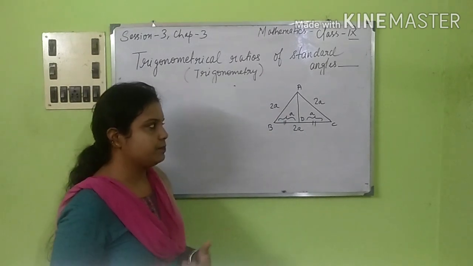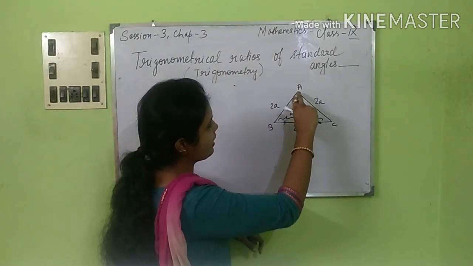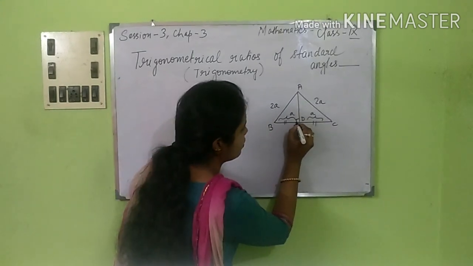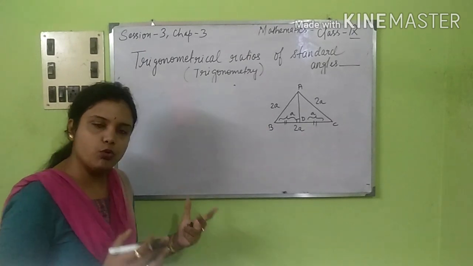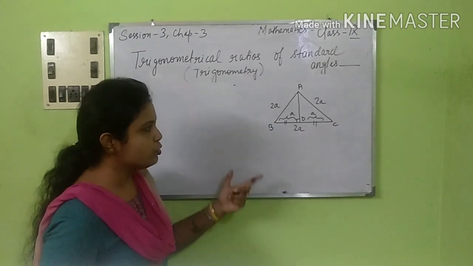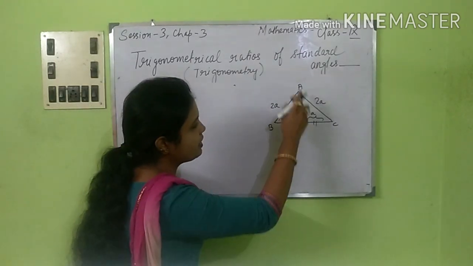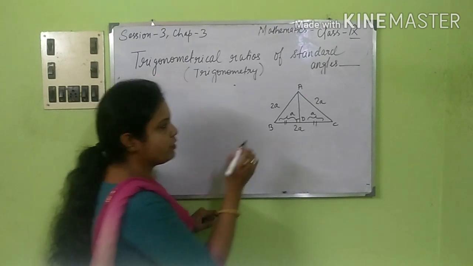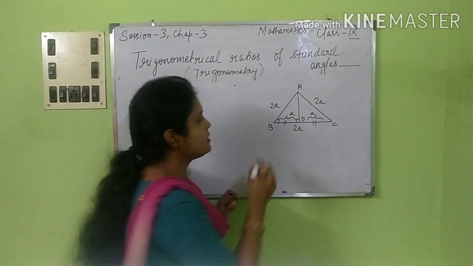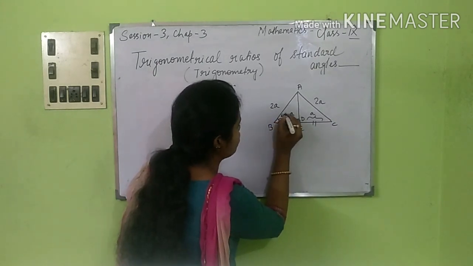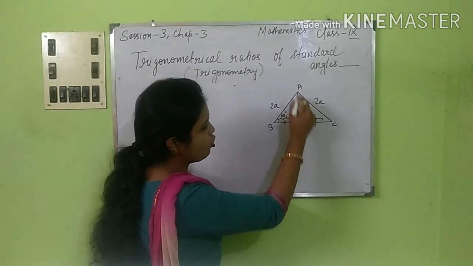Now, using the Pythagoras theorem, we can calculate the value of AD, since that is the perpendicular. For trigonometry, we know that we need a right angle triangle. So obviously we need the right angle triangle, and you can take either ABD or ACD. And these angles, as you know for an equilateral triangle, are all 60 degree. I am writing it here, but I don't know whether you'll be able to see it. It's 60 degree. Okay, so what is the length of this AD?